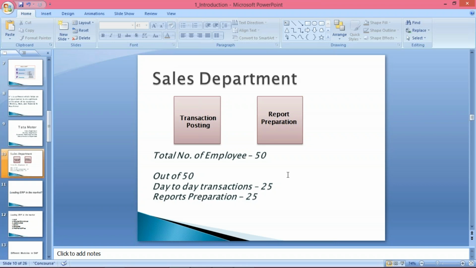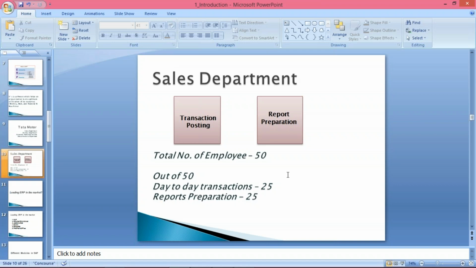If you talk about any company, their management is very keen on reports. They are very much interested in the reports only. Why? Because based on those reports, they are going to take lots of future actions and decisions. So managers need several different kinds of reports. Let's suppose, what are the sales in this particular month, what are the quarterly sales, what are the half-yearly sales, isn't it?